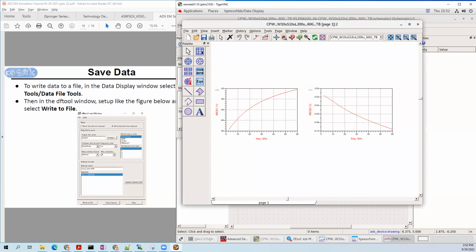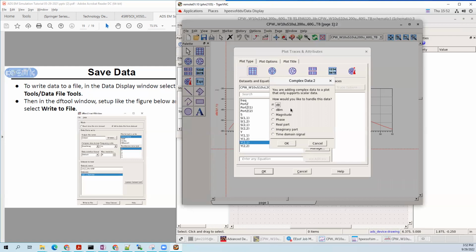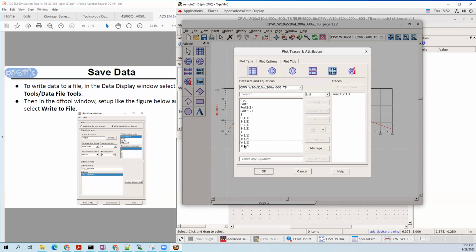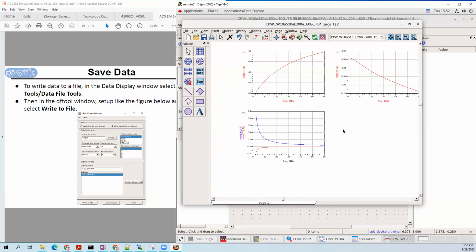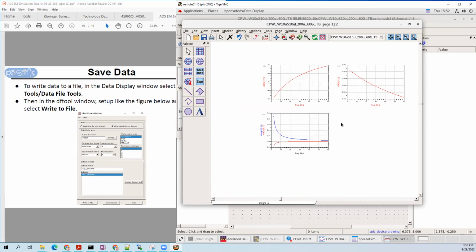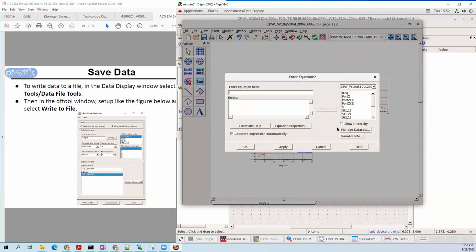Yeah, and so you select the box again, and in here you can plot on y21, y11, y12, y2. Again this time let's plot the real part and the imaginary part, and this is what you see. So in ADS you can also select equations, and then